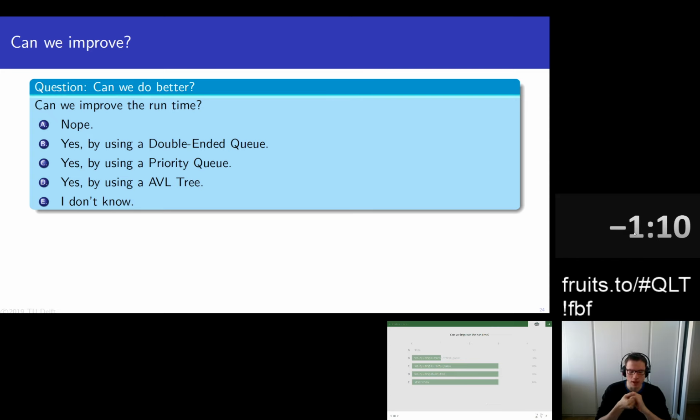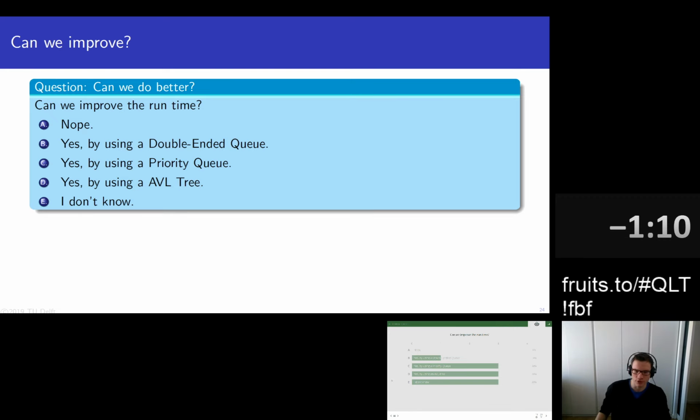What do we have? We have a bunch of vertices, and I repeatedly want the smallest vertex. Well, a double-ended queue, I'm afraid, is not going to help us, because that's just going to give us a first-in, first-out order, but I have some sort of weighted order. And that's exactly what a priority queue is used for. Could we also use an AVL tree? Maybe. We would always take the bottom left child. So yes, an AVL tree could also work, but we tend to use a priority queue for this one.